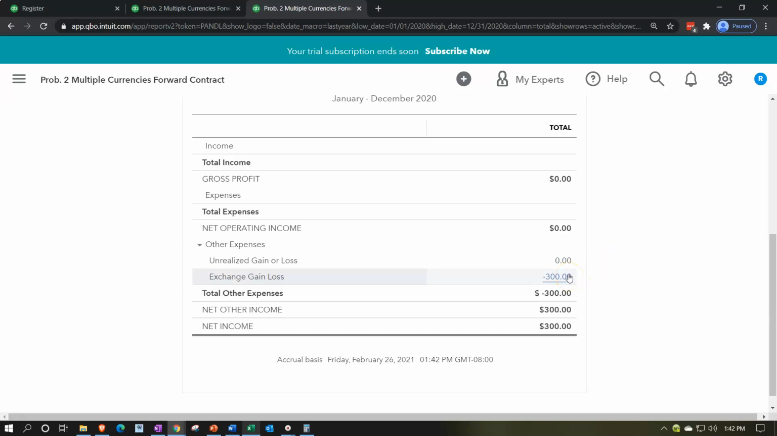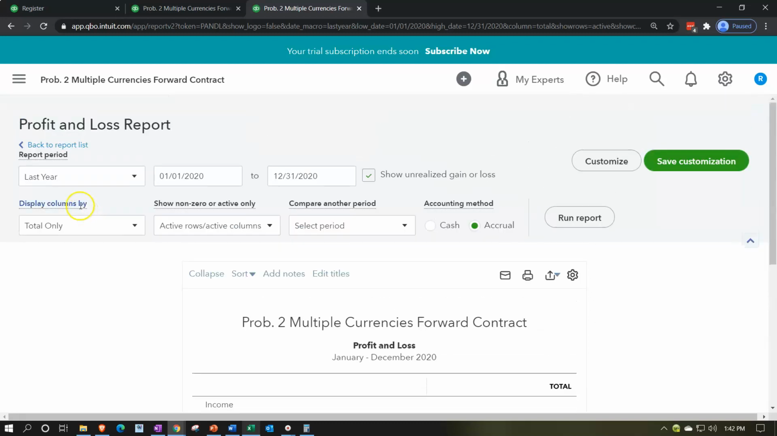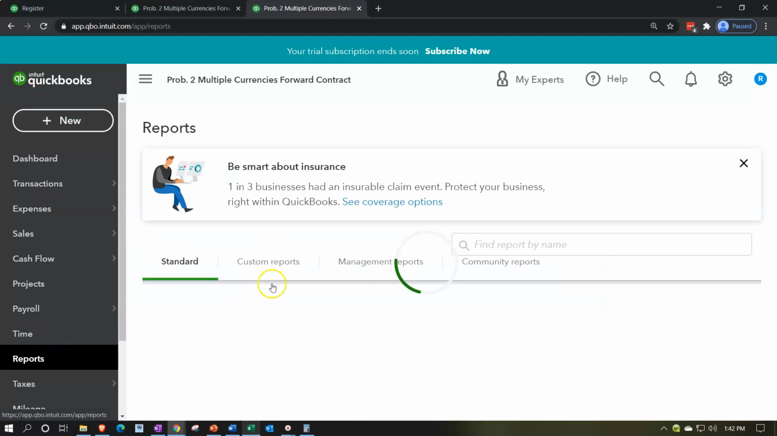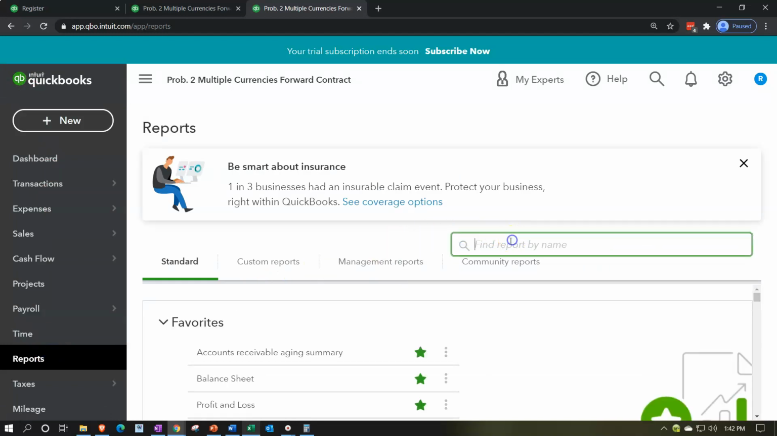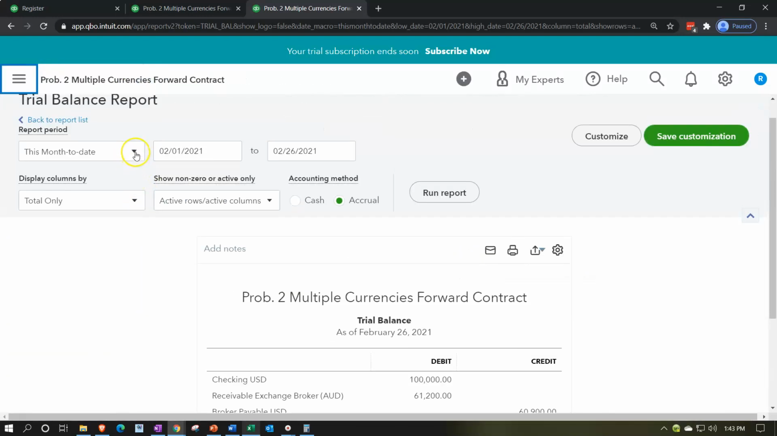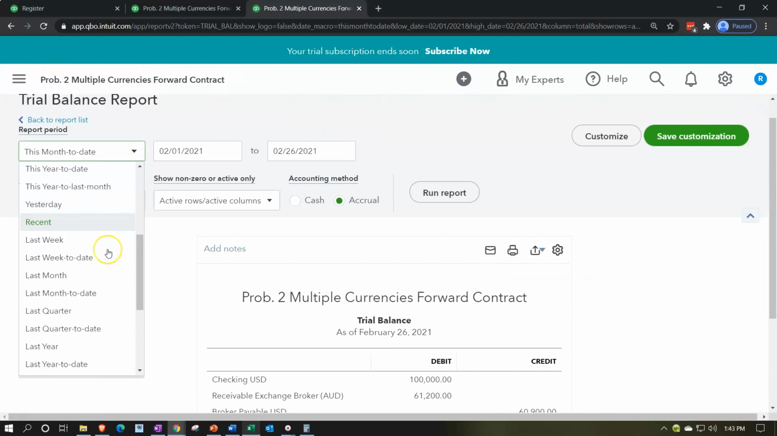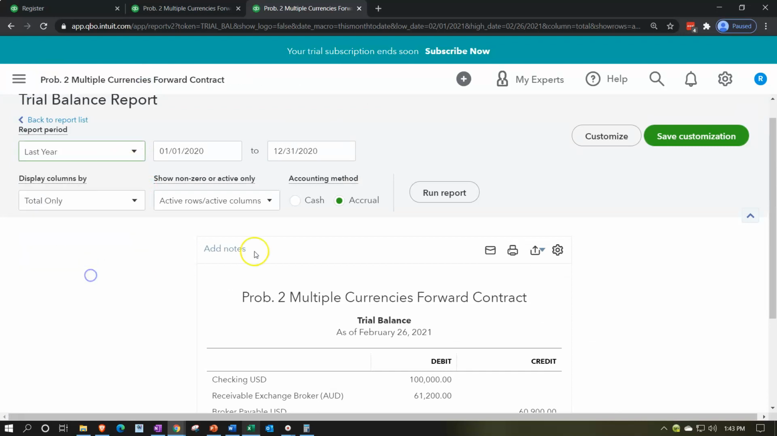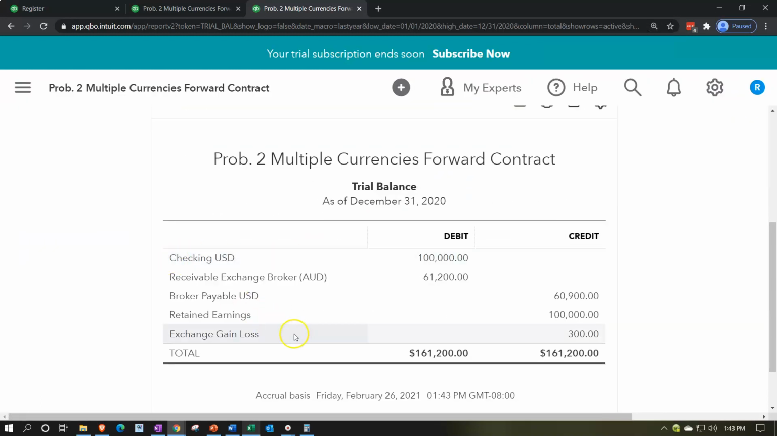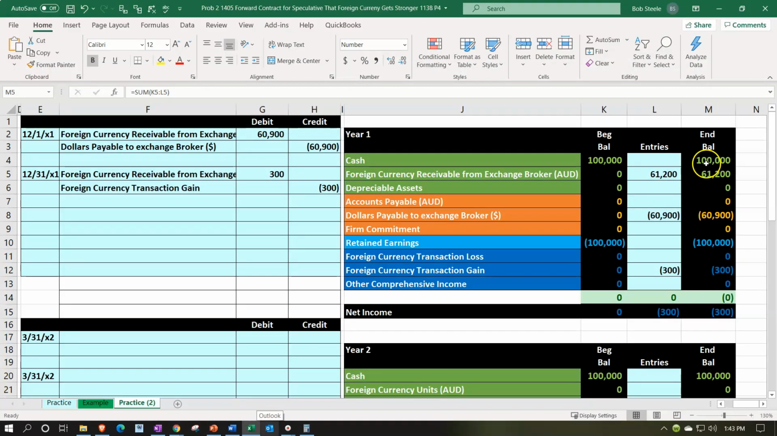So that looks correct. Let's go ahead and then look at our trial balance going up top, and we'll go to the hamburger reports, open up the trusty trial balance. We can just check this stuff off as we go. Balancing trial balance. And then we'll hit the date range. We want to see last year, and run it. So there we have it. So now we got the 100,000 in the checking account, the 61.2 in the receivable, right? And that's what we have over here, 161.2,